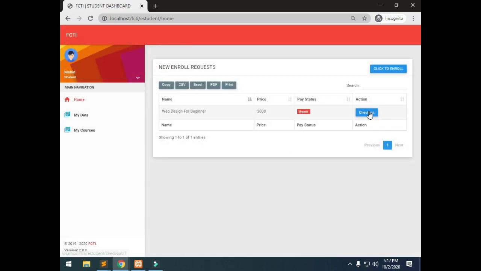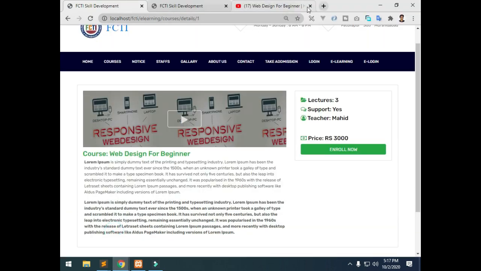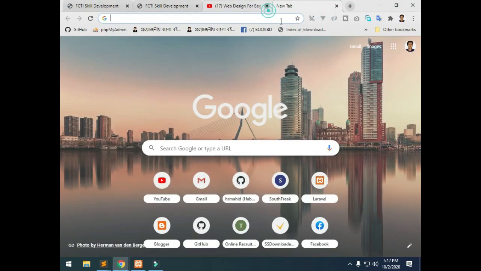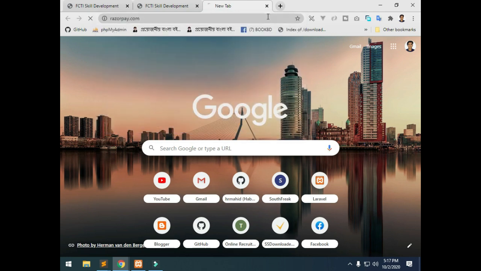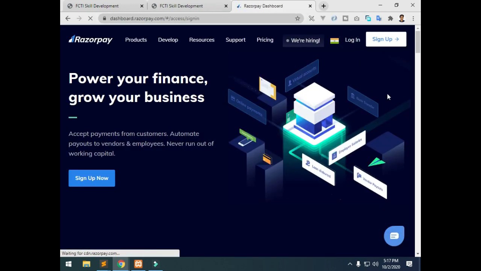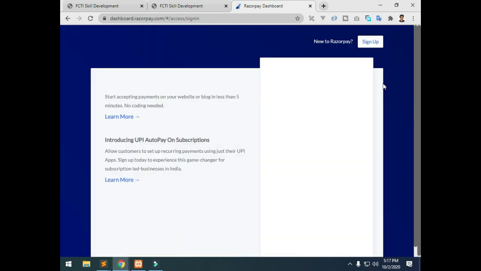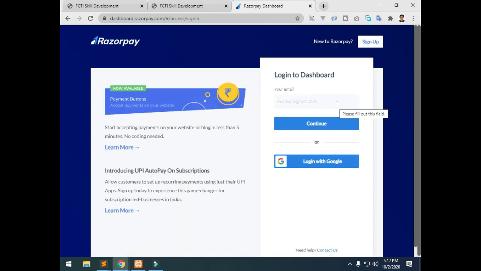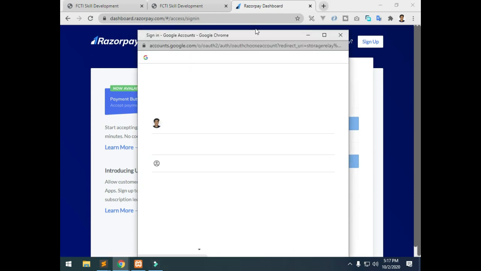So at first let me tell you that I have added here the Indian payment gateway system, Razorpay. So I'm going to log in to my Razorpay account. It's for my client Fotulapur Training Institute in India.